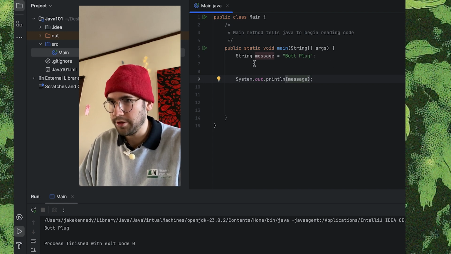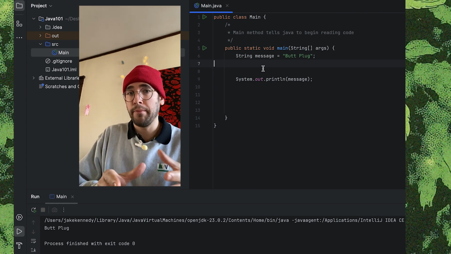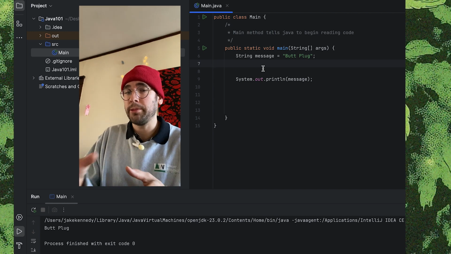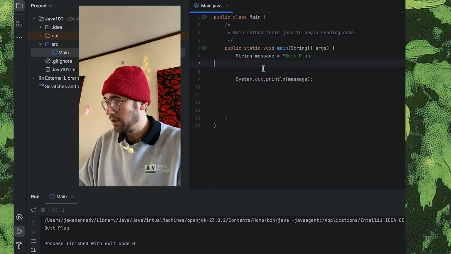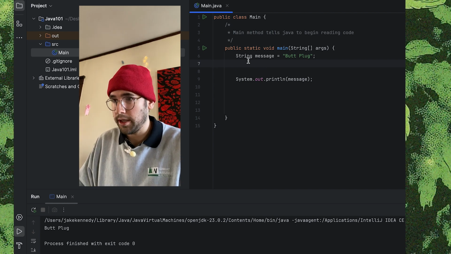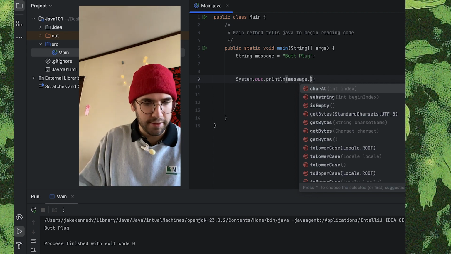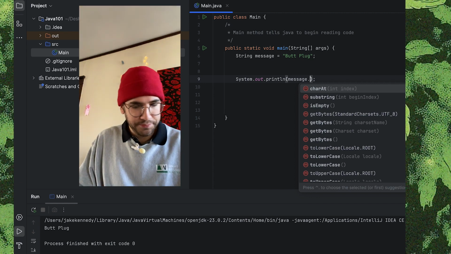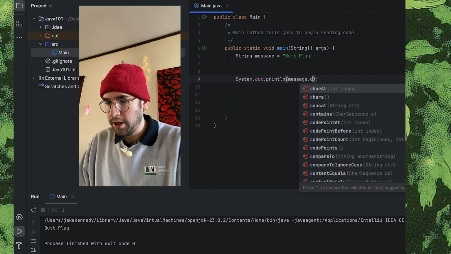Now we are going to index a character, and this is where we want our pieced up message to start. So we don't want butt plug entirely. We want part of butt plug, and then we want it to live update if the string were to be changed. So first we're going to count the characters here. So we're going to do dot, which is call, what is that? What is the dot called? It's called like call operator or something. I wrote it down. All right, and we're going to do charAt.